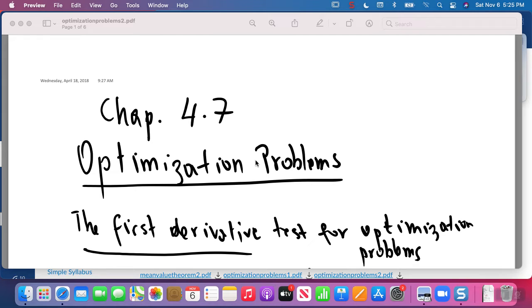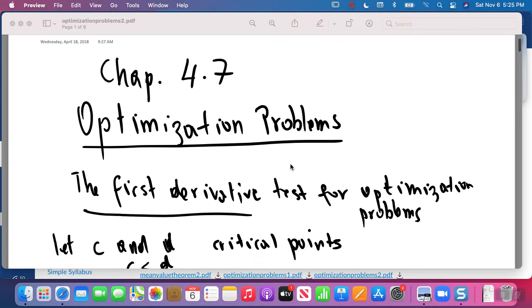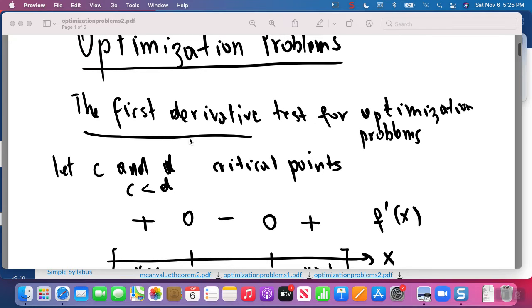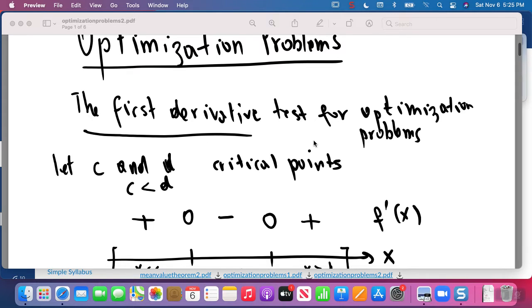Hello. Here we're going to discuss optimization problems. So first, let's look at the optimization first derivative test. So the first derivative test for optimization problems is that